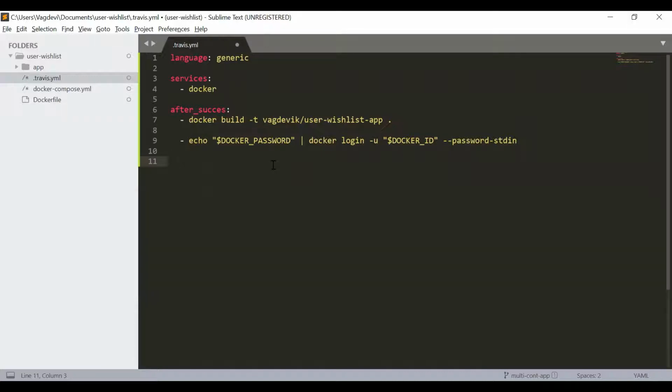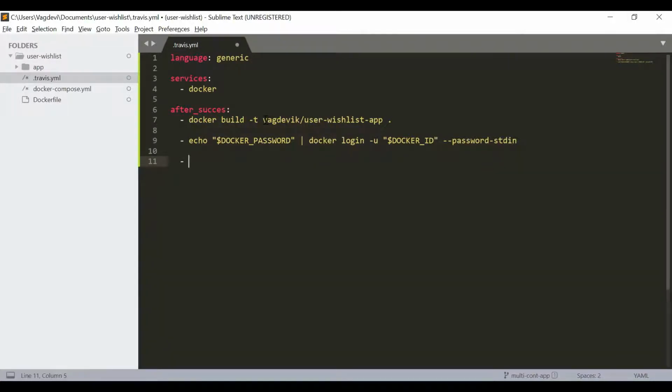So very similarly here, we are authenticating Travis to access Docker Hub with the Docker password and ID, which we will be storing in Travis later, with the same environment variables. All right. So basically we are making the image of our application, and we are authenticating Travis to access our Docker Hub so that it can push the image onto the Docker Hub.